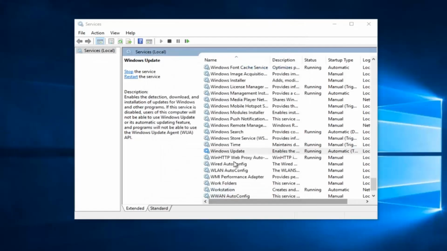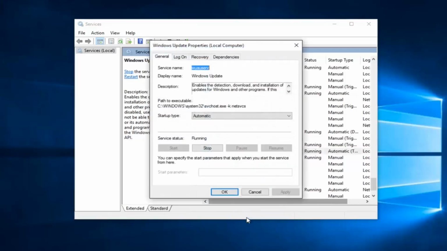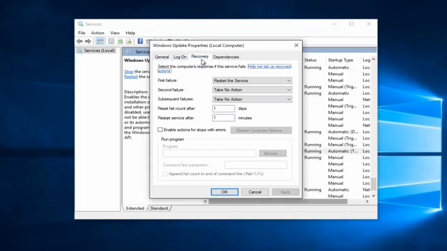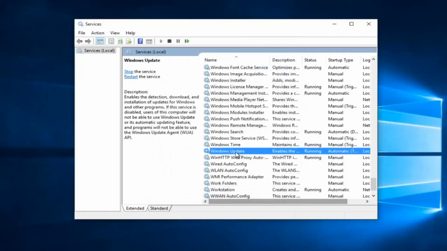I'm going to right click on it again and then go underneath Properties to make sure your changes have been saved. You want the startup type to be automatic, and underneath the Recovery tab, you want the first failure to be set to restart the service. Make sure you click on Apply and OK the first time you do it, and make sure you save the